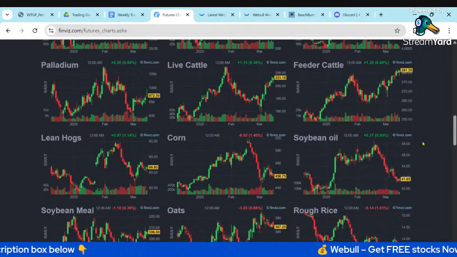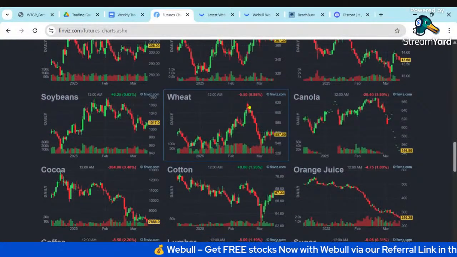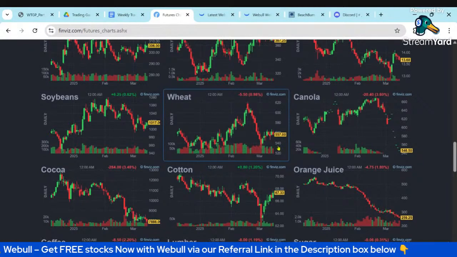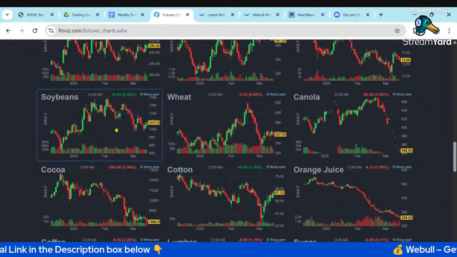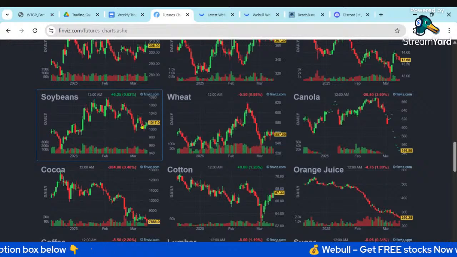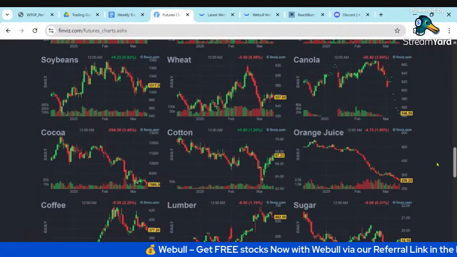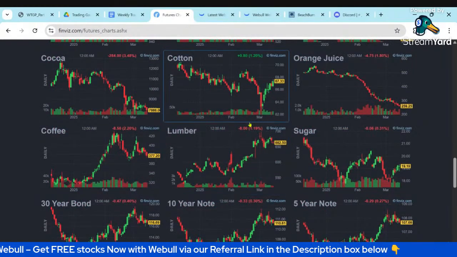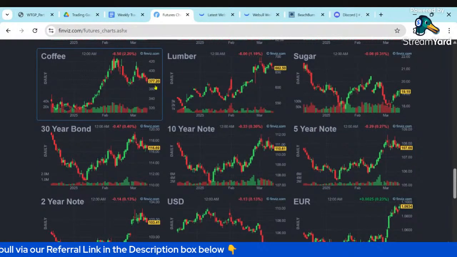Corn generally trending down. Again, tariffs on the grains from China. So a lot of negativity in grains. Wheat did have a bounce. We'll see if that rolls over and heads back down. Soybeans surprisingly holding up so far, but again, tariffs from China, probably the largest buyer of U.S. soybeans. Cocoa trending back down, orange juice, lumber high, tariffs with Canada. Coffee slowly trending back down.